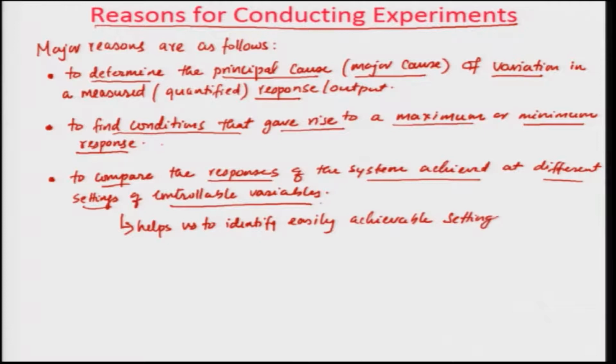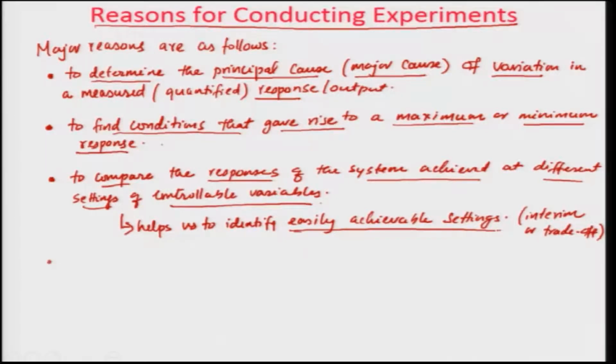Some of the settings might be quite hard to achieve, but some might be quite easy to achieve, and if the system's behavior is reasonably okay at the easily achievable settings, then this is something you should look for. We can think about it as an interim or trade-off. Most of the time a low cost setting is such a trade-off, an easily available setting.